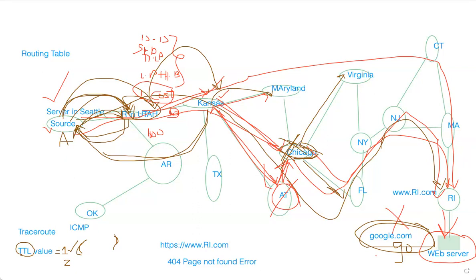But in a few cases, let's say the Chicago router is not blocking the packet, meaning it knows how to go to Virginia and it knows how to go to Florida, but it does not want to tell its IP to me. Then it will just show as an asterisk. So in the output, you will just see an asterisk because the Chicago router does not want to show its identity to the source. So if you look back to the terminal,